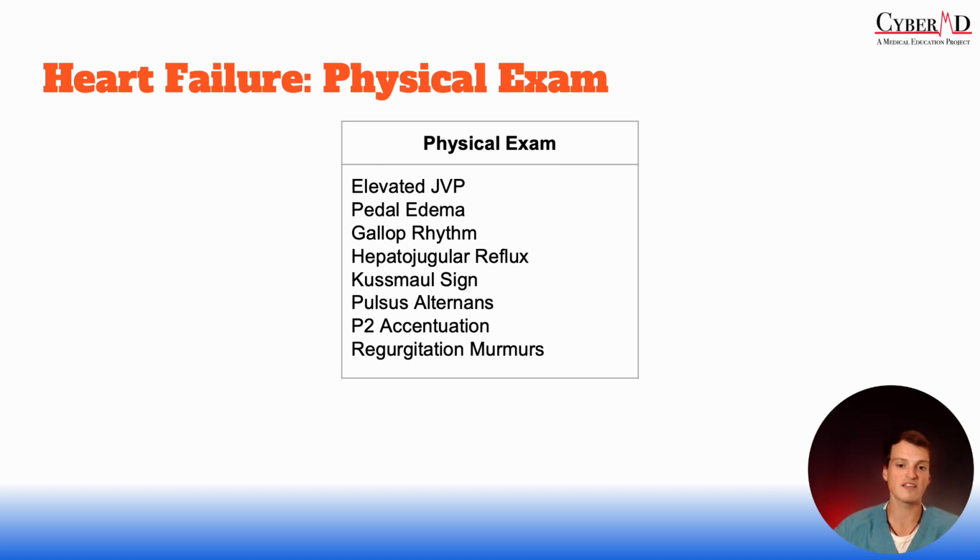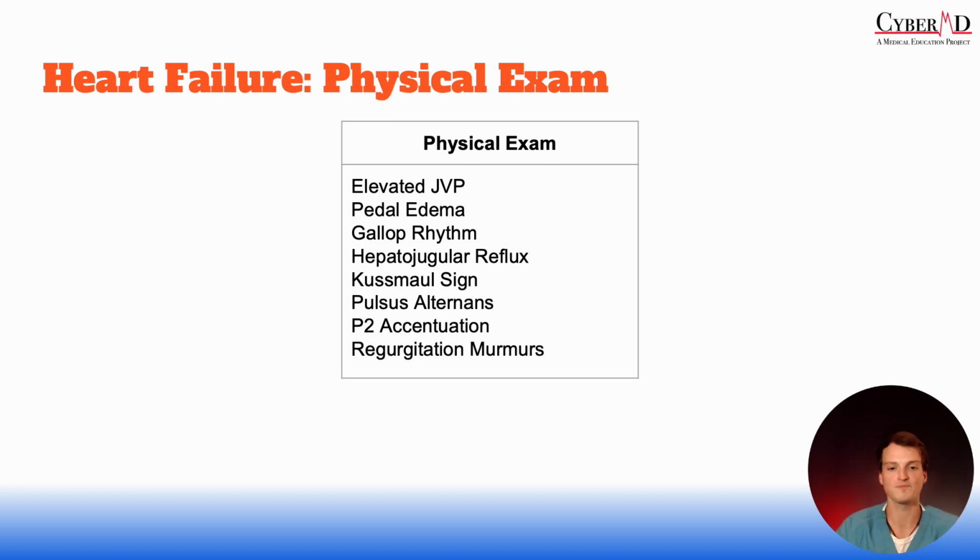So when you press on the abdomen, typically it's in the patient's right upper quadrant that you would be pressing. You can kind of do this anywhere on the abdomen for the most part, but typically done in the right upper quadrant, again, hepatojugular reflex. But when you do that, you're actually creating an increased venous return in the right atrium. And again, if it can't handle that, you will see an elevated JVP. So that's a pretty cool physical exam technique that you can incorporate into your clinical practice when you're assessing patients